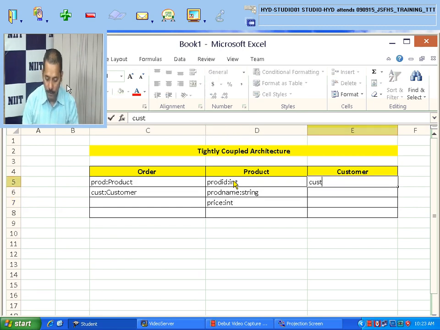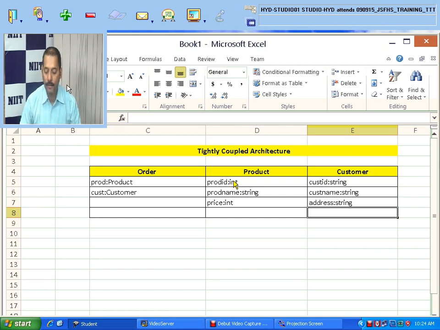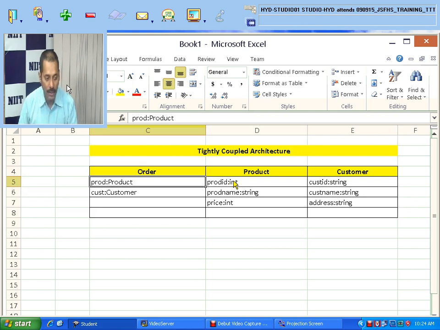Then we have customer ID, which is a string, the customer name, again a string, and then his address, maybe also a string. So the order is a class containing the object of the product and the object of the customer. There will be one object of the order, and each object of the order is dependent.